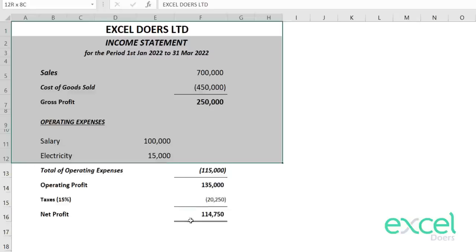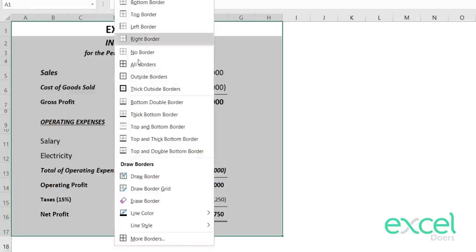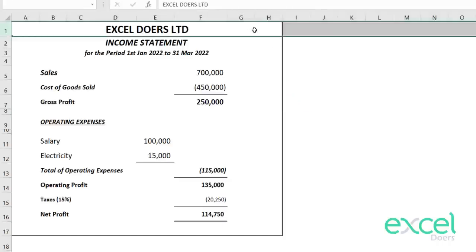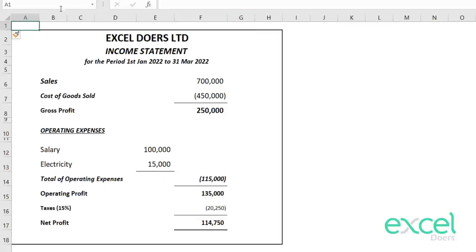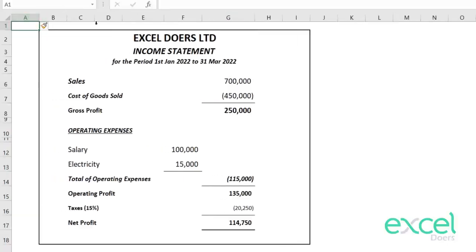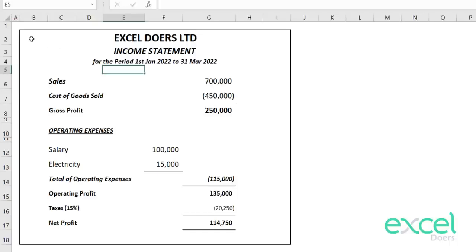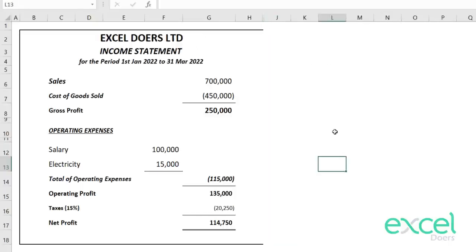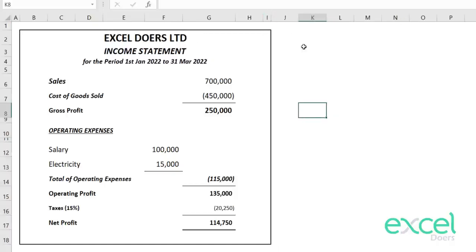If you want to give a border to this, you can give a dark border here, right, like this. On the top, if you leave a line, and from the right, if you leave the line, it will give you a good feel of the presentation, right? So this is your income statement ready. You can further hide this column. Not hide it, just reduce the width of it. Okay, perfect. So we just made a perfect income statement,